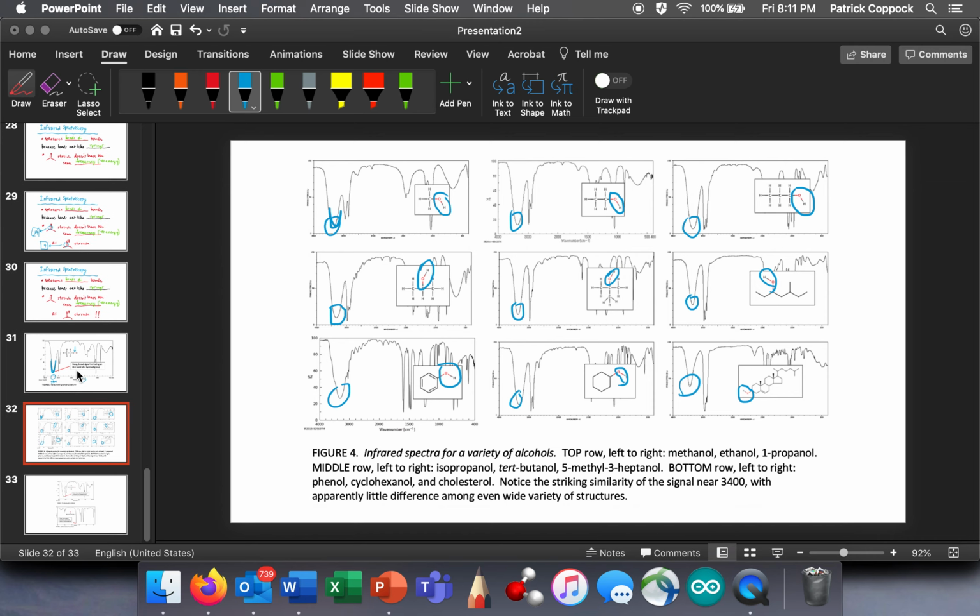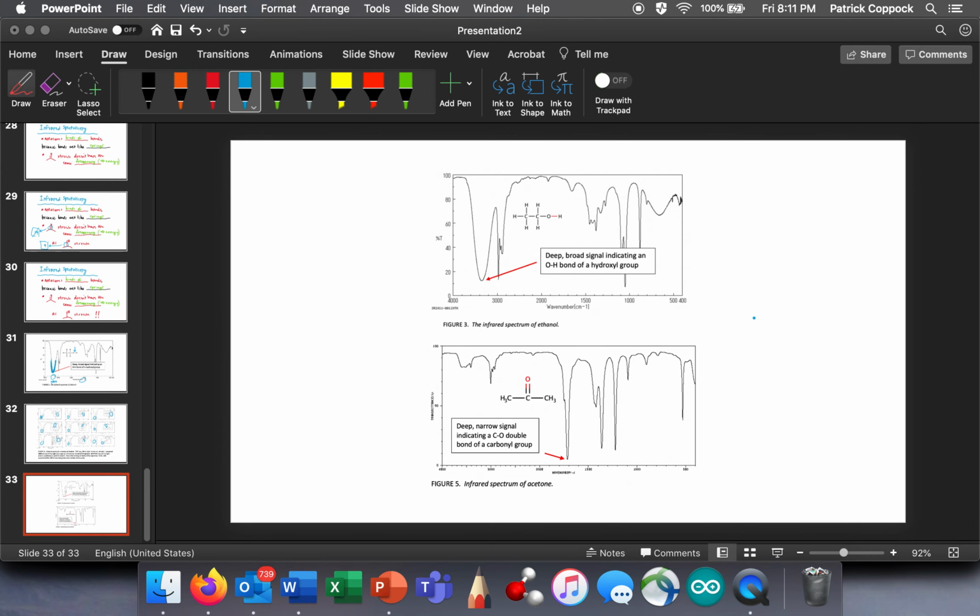All right, so let me give you one more example, and then we'll move on to the next topic. The one last example is, I showed you this before. This was figure 3. In ethanol, we get that big peak right there, and watch, it's not there. So there's 3,400, right? Where is it? It's not there because we don't have it in this compound. And we have something there, right? But it's not that OH. You see that? It's not big and deep. But this bond has a long, narrow peak at about 1,700, okay? And in another venue, I'll show you a bunch of spectra with this carbonyl carbon in it,